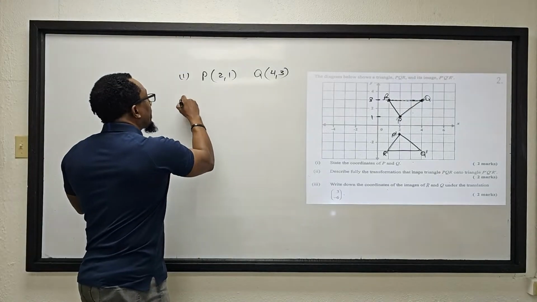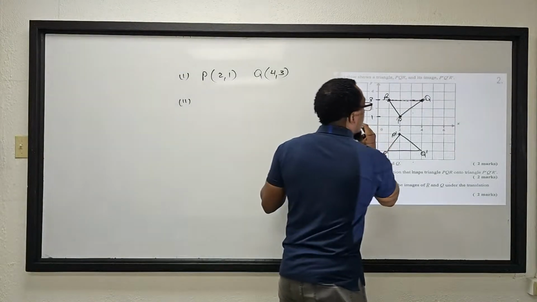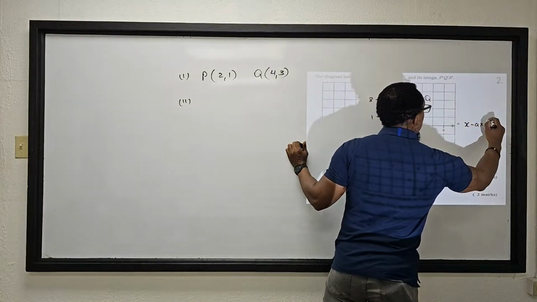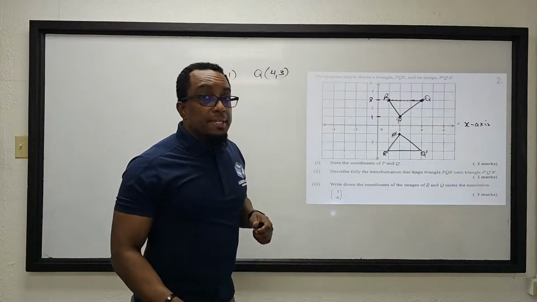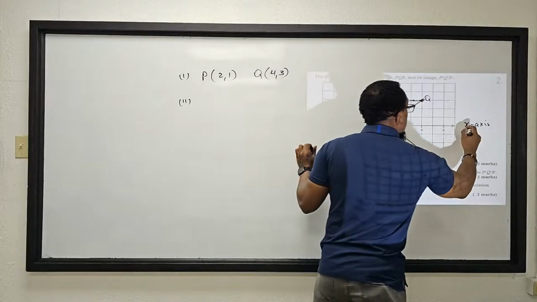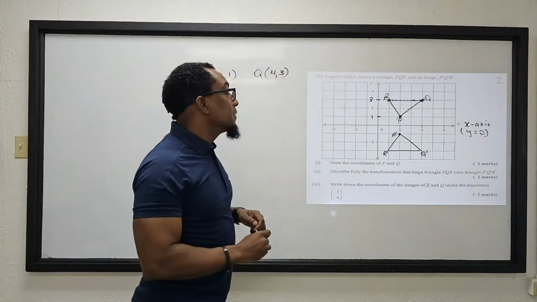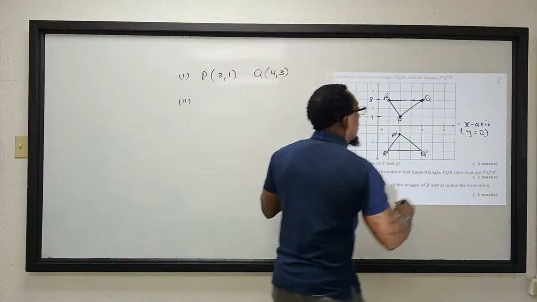So part 2, this here is your x-axis, which is your mirror line, and the x-axis can also be stated as y equal to 0. So as an equation, y equal to 0. So the x-axis here will be your mirror